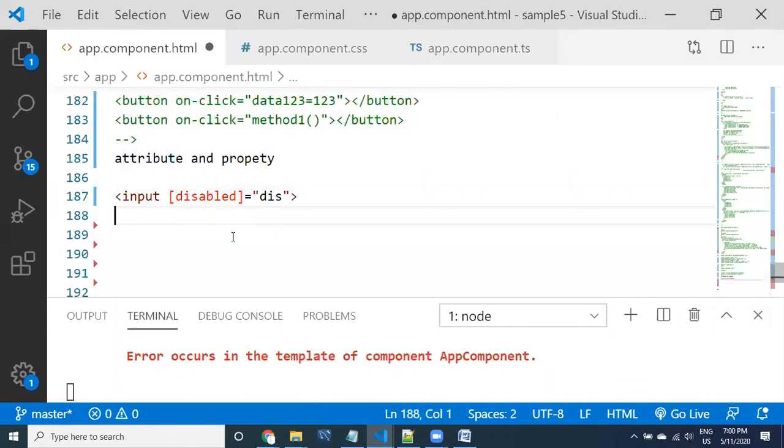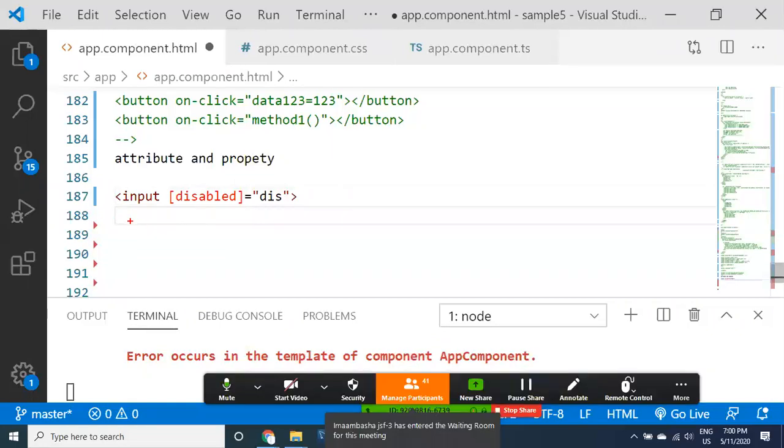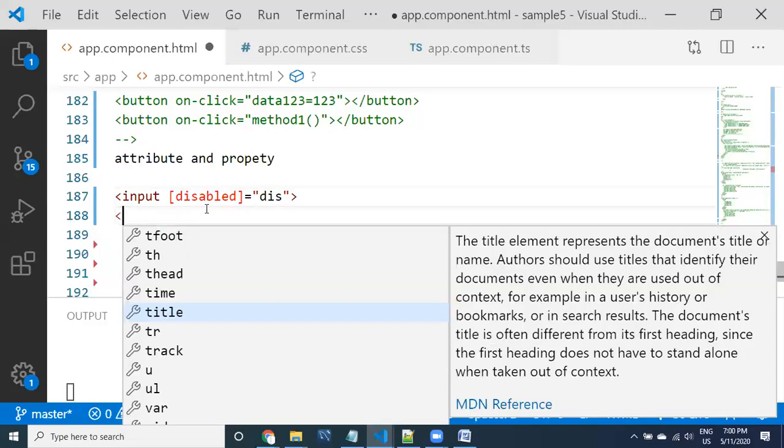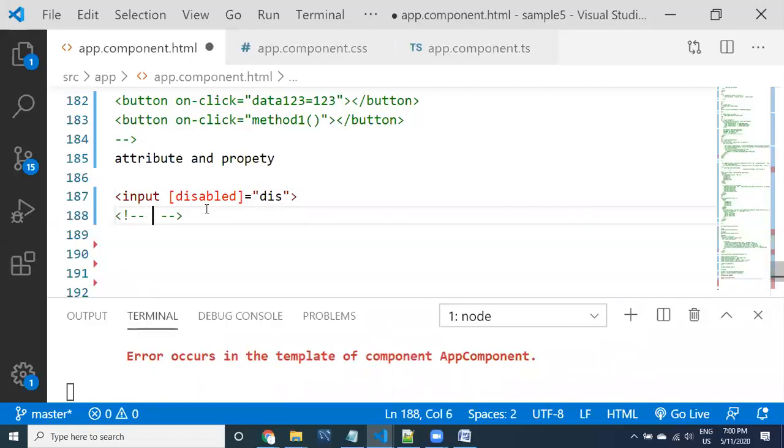To tell about this, if it is possible, note it down guys. If you take this statement, there are two properties available. This is one property, and disabled is another property. Let me note down this point. This is very useful for you to understand this concept in depth, so you should not get confused wherever you see this kind of thing.